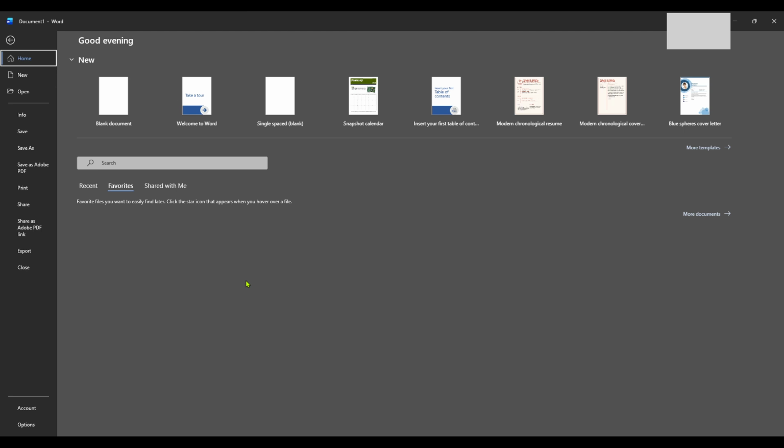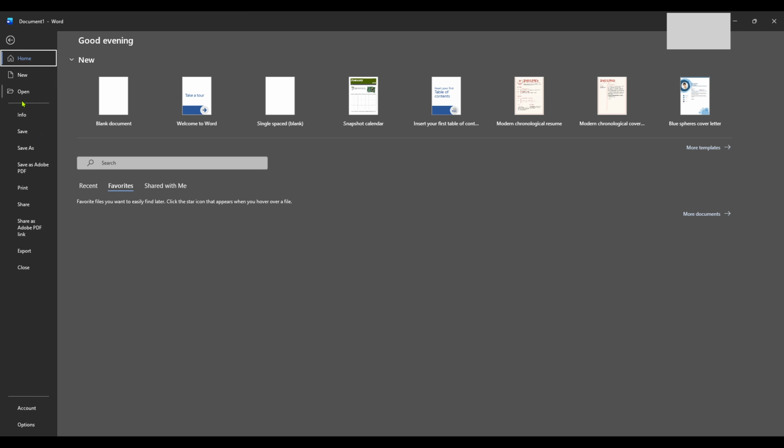First things first, make sure you have the Microsoft Word application open on your computer. If it's been a while since you've used it, no worries. Just locate the application on your desktop or in your program files and give it a click. Once Word is open, the next thing you'll want to do is select the specific document you're having issues with. Or maybe you want to just try it out on any document to see how everything works.